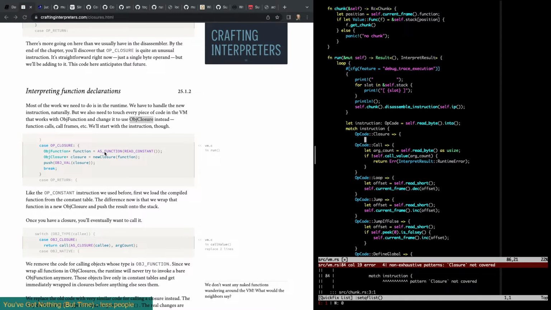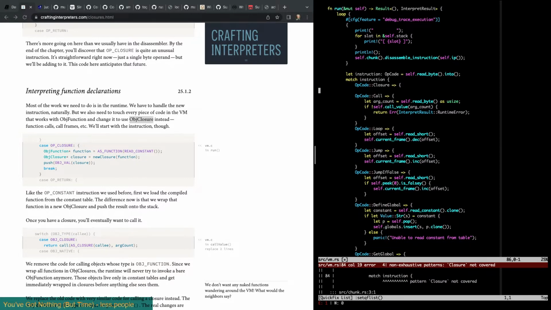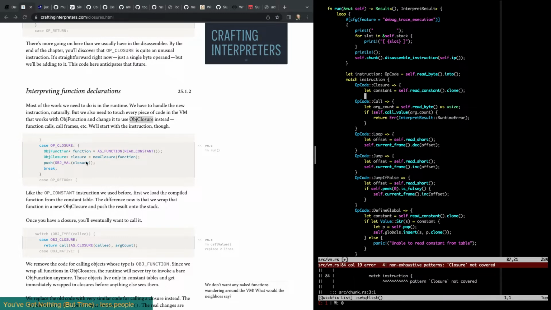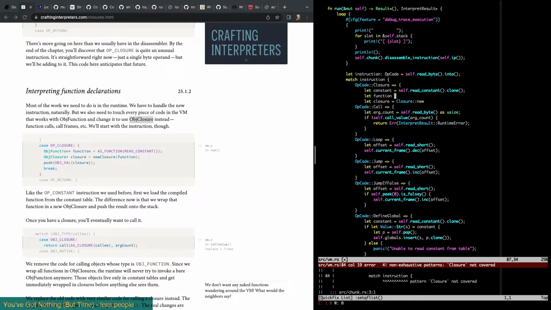So we're going to take the function from this. We must have another place where we do a read constant. Yeah, right here. So we can grab that, and then we create the new closure right there. Oh, well, we can just create the closure, right? So closure new. And we want to read the function. Let function is equal to